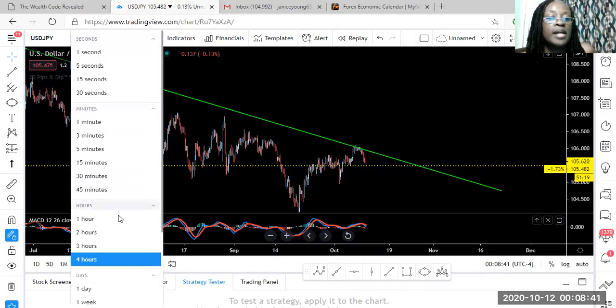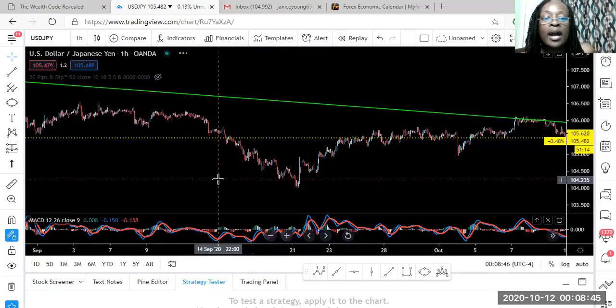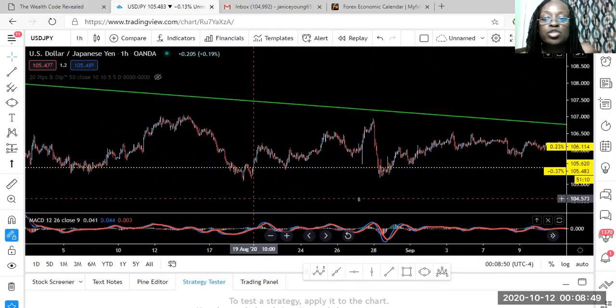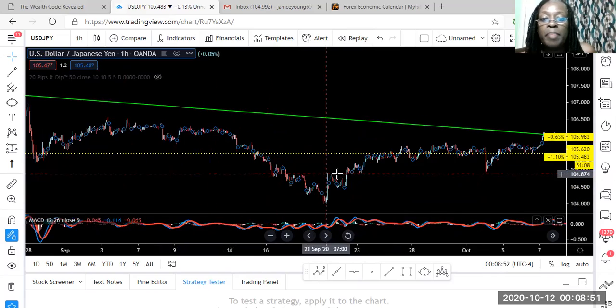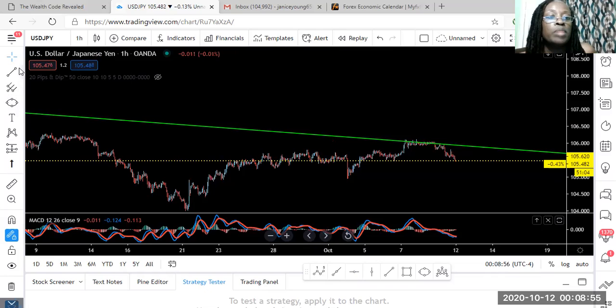Now we drop down to the hour. We're looking for the same thing. Is price still respecting our trend line? And it is. It's still respecting the trend line. Do we see any other patterns? That's what we're looking for, because price repeats itself. So on my